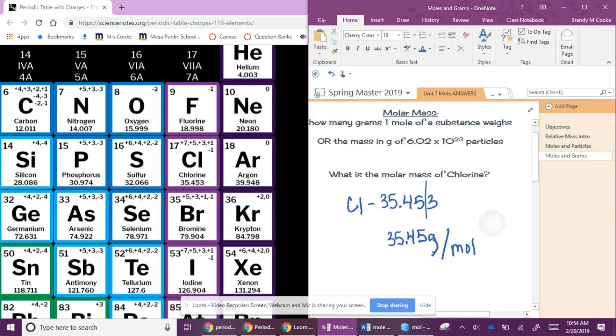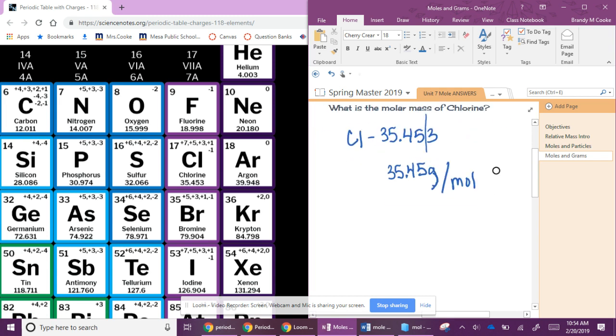We can do that for any element. So what's the molar mass of helium? 4.003. What's the mass of fluorine? 19.00. And we can continue on with that. But we could also get the molar mass of a compound. So let's say our question was, what is the molar mass of